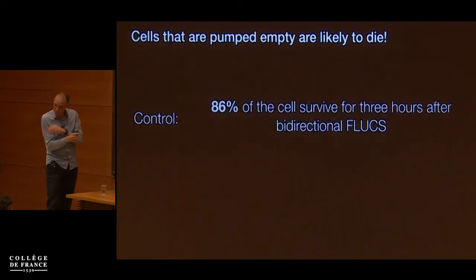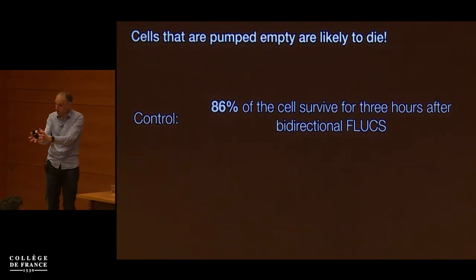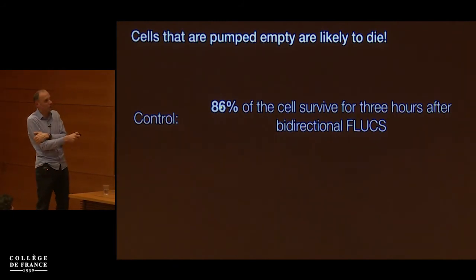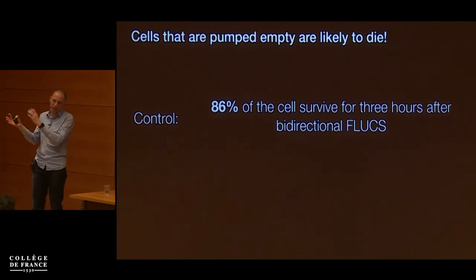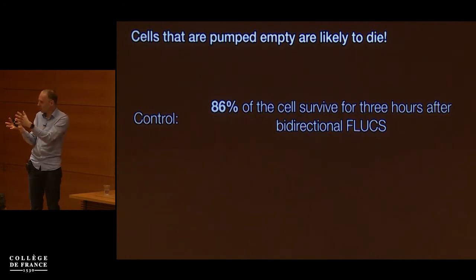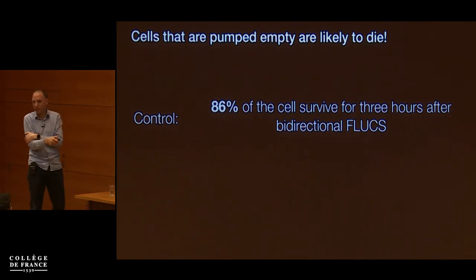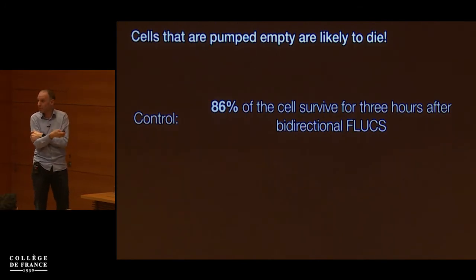All right, so now we have to compare the control experiment, which is the back and forth experiment. Under the back and forth experiment, we have about 15% of the cells undergoing apoptosis within the 3 hours that this experiment takes. I told you before that half of the cells undergo apoptosis, so in a 3-hour window, somewhere between 15 and 20% of cells in that zone will undergo apoptosis. So that's basically the basal rate that we expect.